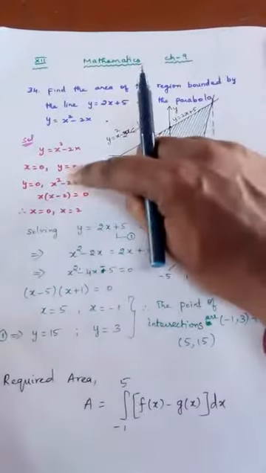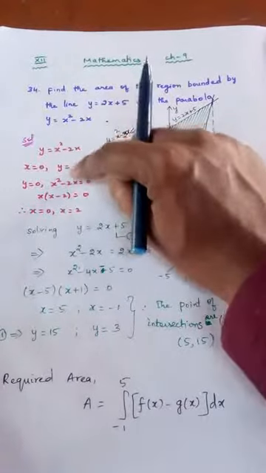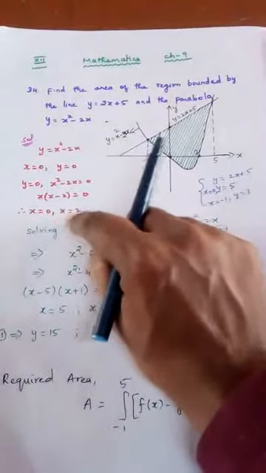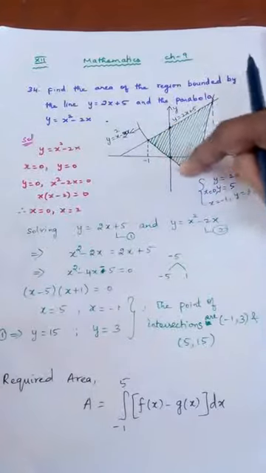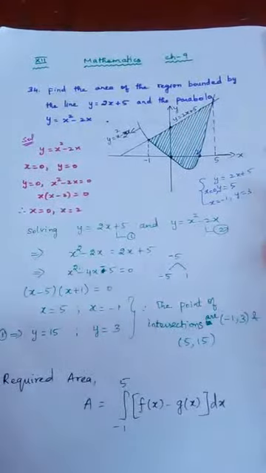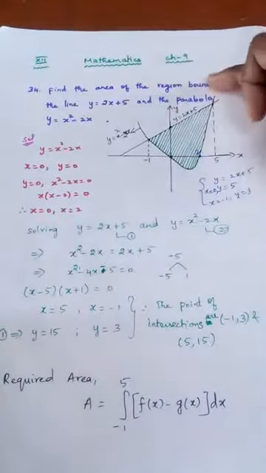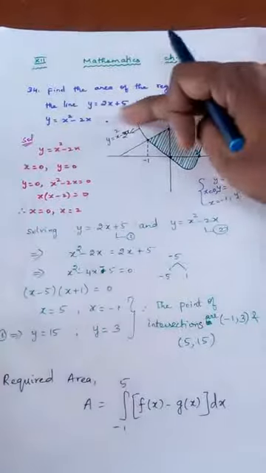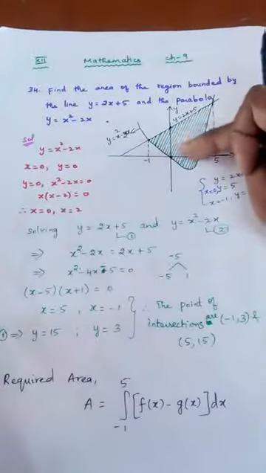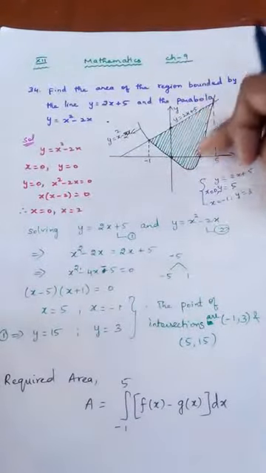The curve passes through origin, that is understood here, and also it passes through x equal to 2, which is here. So we are drawing a curve like this. Hope you would have understood. So what is the region bounded between the straight line and the curve? This is the straight line, this is the curve. So this shaded area is nothing but the area bounded by the straight line and the parabola.